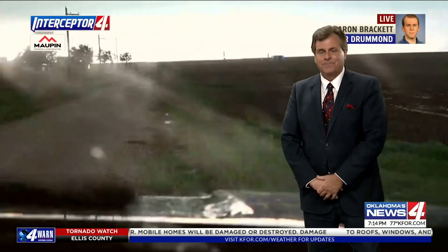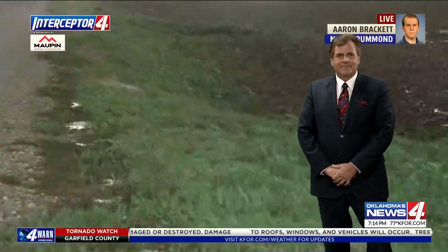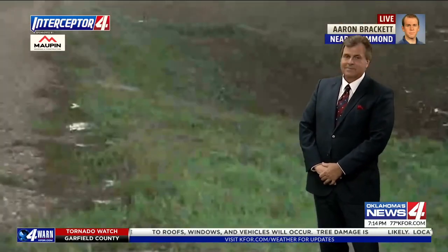We're about to turn around right now and follow this eventually back up to Waukomis. We're going to be just on the south side of it. We'll get you a roof cam shot, then we'll make our way into Enid and follow this closely, Mike. Okay, so Aaron, again, you're in Drummond, which is not too far away from Enid, and you have